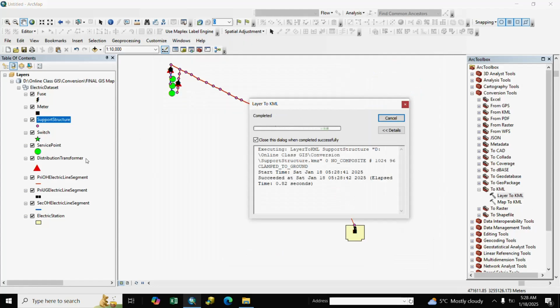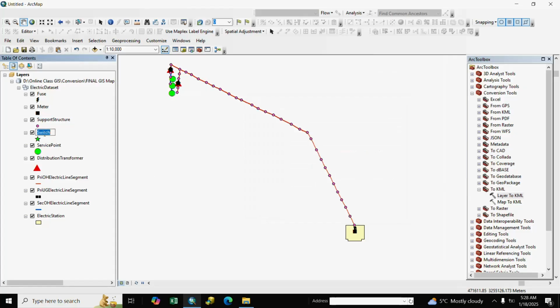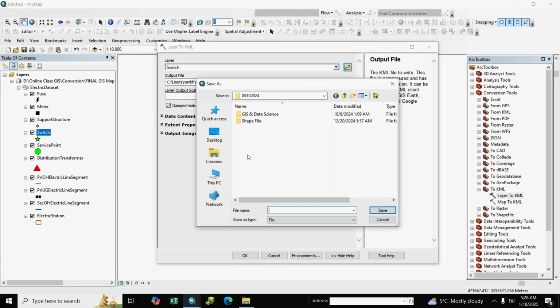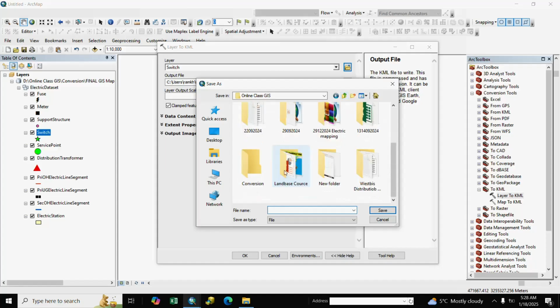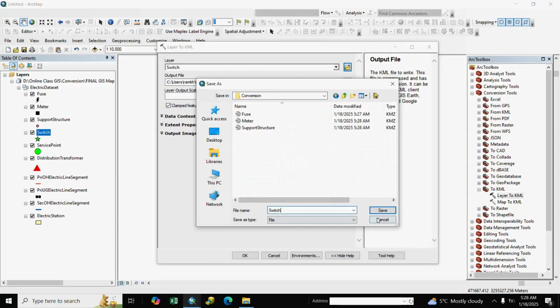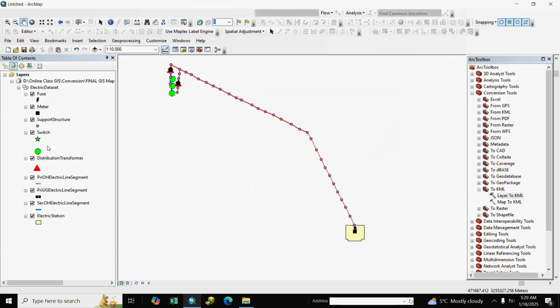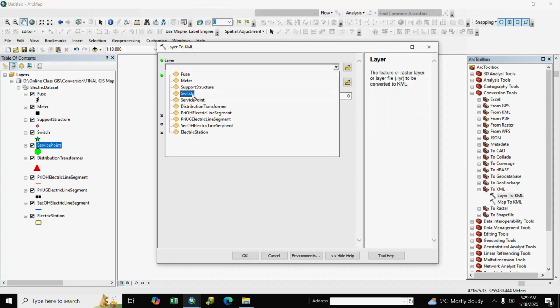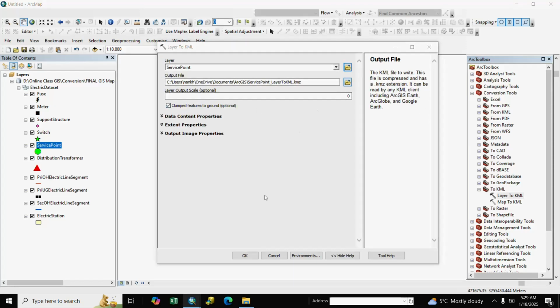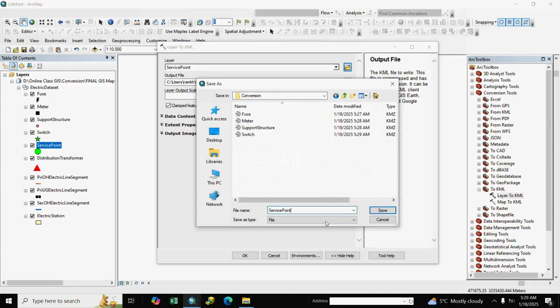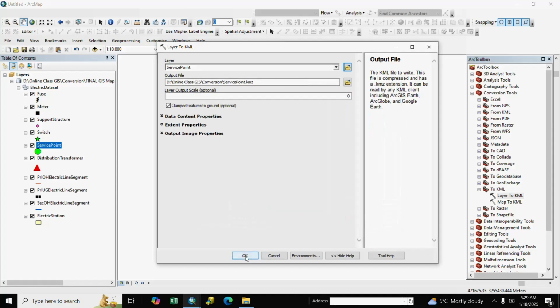OK. Next switch, OK. Next service point, select service point, path, save and OK.